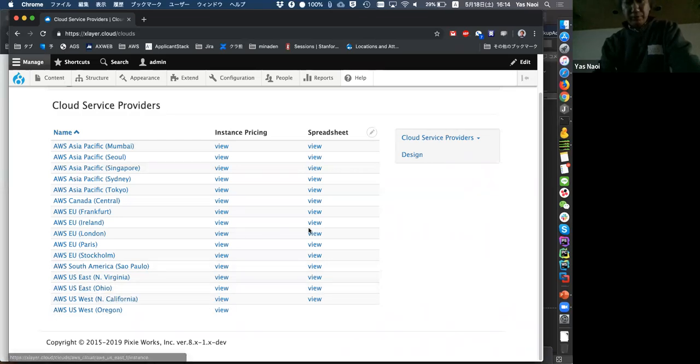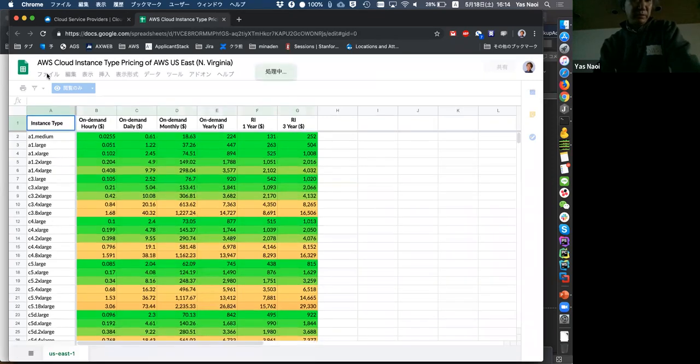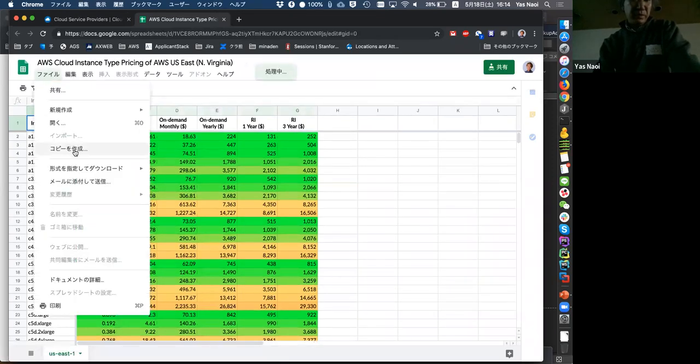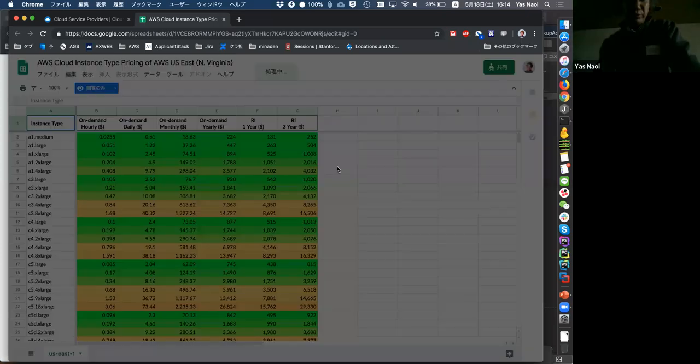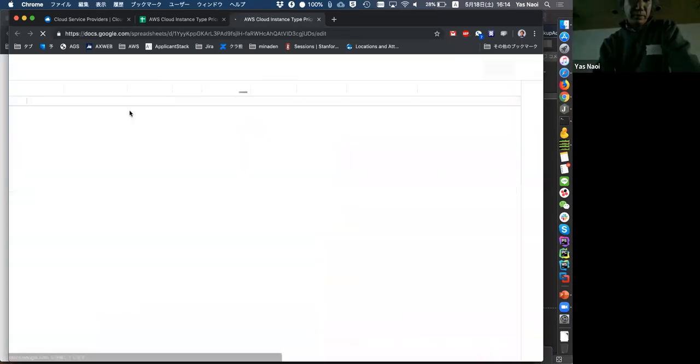First, we added some cost-aware features to integrate with a Google spreadsheet. If I click, for example, US East, North Virginia, then we can jump to the Google spreadsheet. And then the user can import the Google spreadsheet in the individual account. And then the user can,